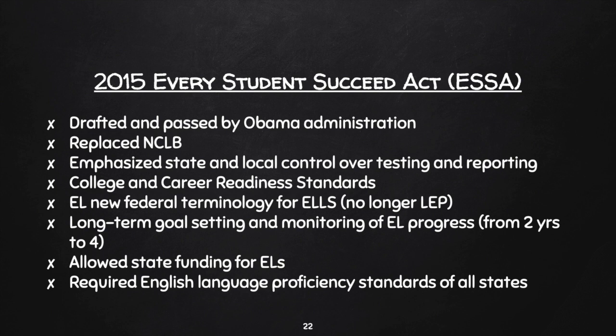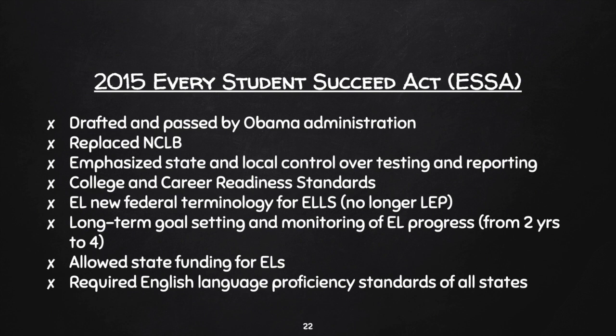Texas had English language proficiency standards in place long before the Every Student Succeeds Act, because this was something that the state of Texas had to do to meet the needs of the rising English learner populations. But other states that didn't perhaps have as large English learner populations didn't have these English language proficiency standards. So under this piece of federal legislation, it required states to have these to be sure that they were meeting the needs and serving their English learner population to the best of their ability.